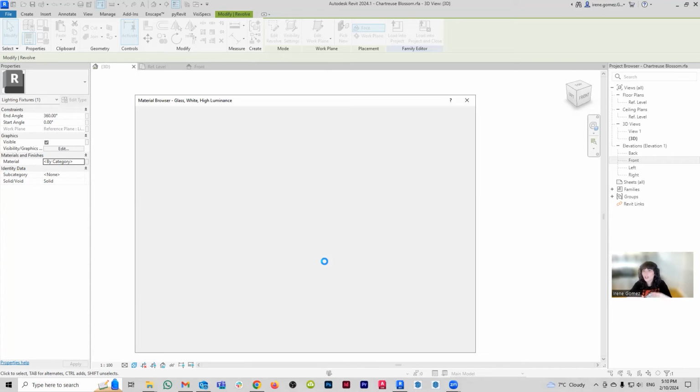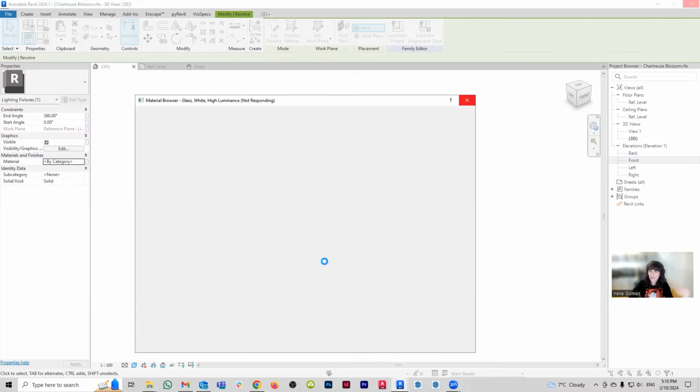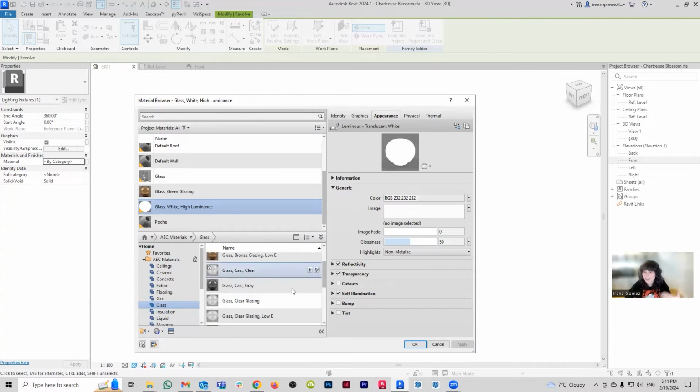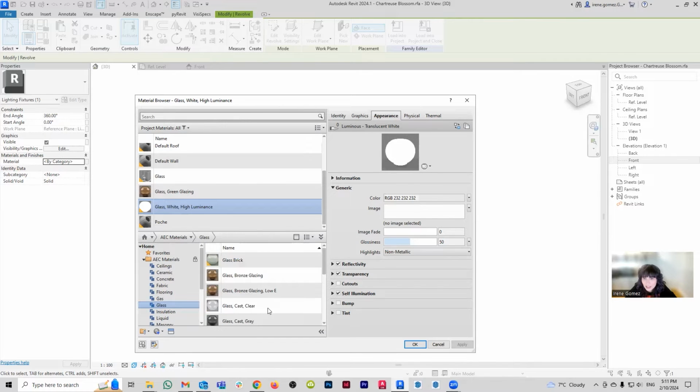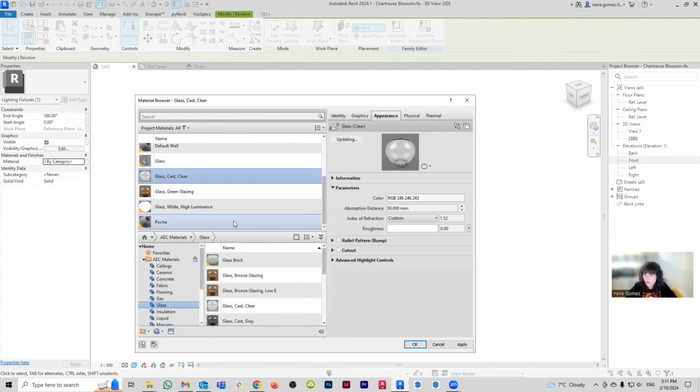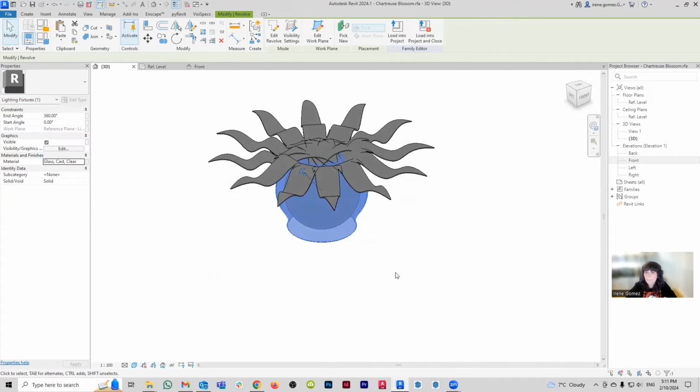You're only going to be able to see it when you render that family, because it is attached to the rendering properties. It's glass, it's light, you need all of those things to come together. So let's say we're just going to go with this glass cast clear, and then later I can change it if I want. I can change roughness, relief, if I want to change anything. So I'm going to go apply, I'm going to go okay.